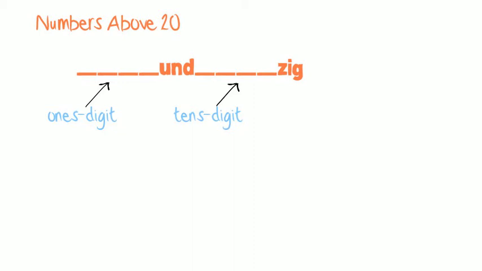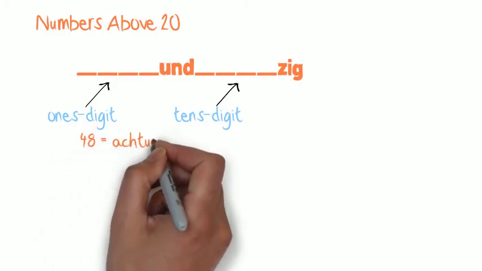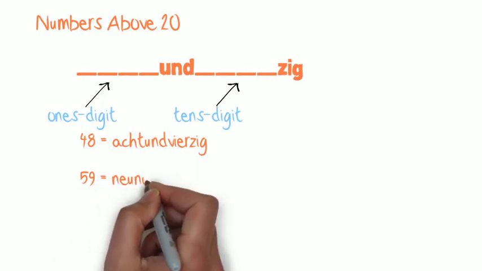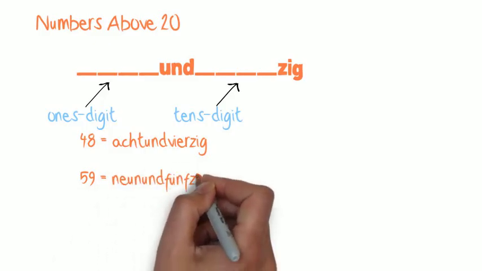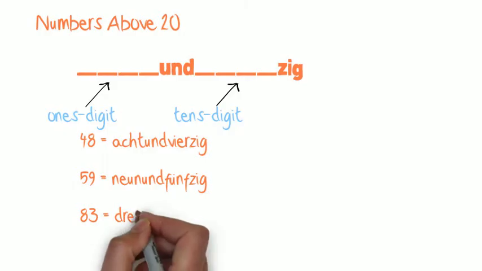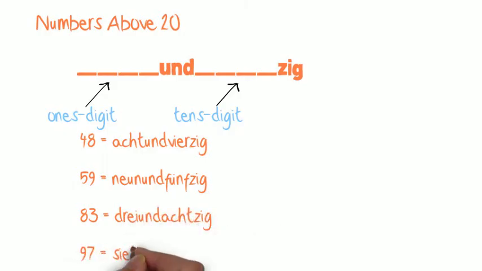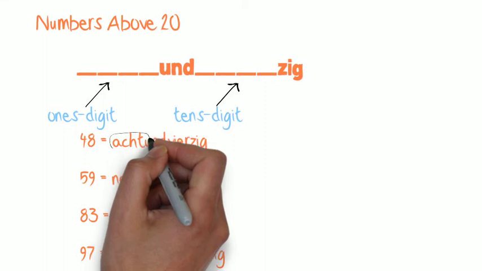For instance, look at how these numbers are spelled. 8 und 40, 9 und 50, 3 und 80, 7 und 90. If you look very closely, you'll notice that the ones digit is first, and the tens digit is between the